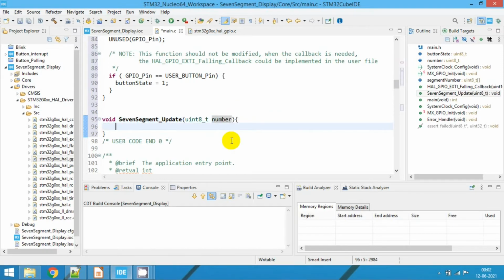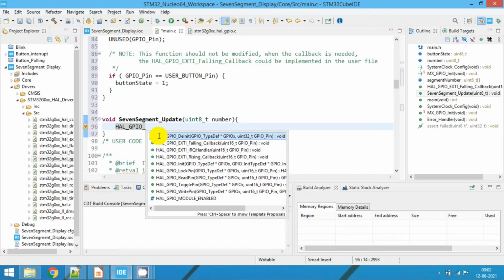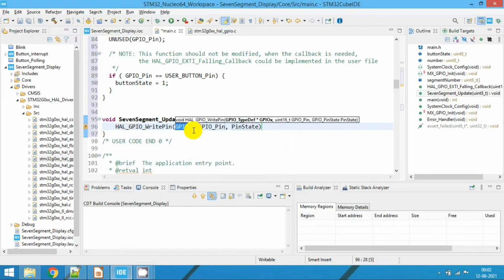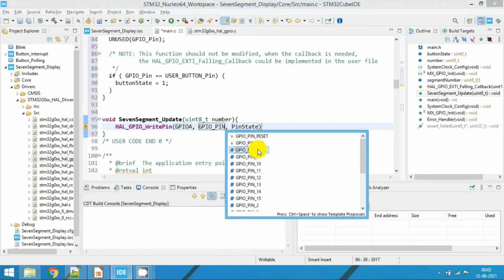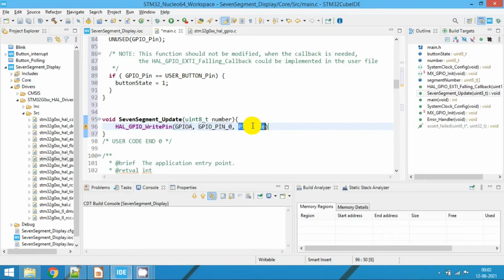Now here we are going to take the individual bits of the number, and then send those individual bits to the corresponding pins. So using HAL_GPIO_WritePin, the port is GPIOA, that is port A, and the pin is GPIO_PIN_0.